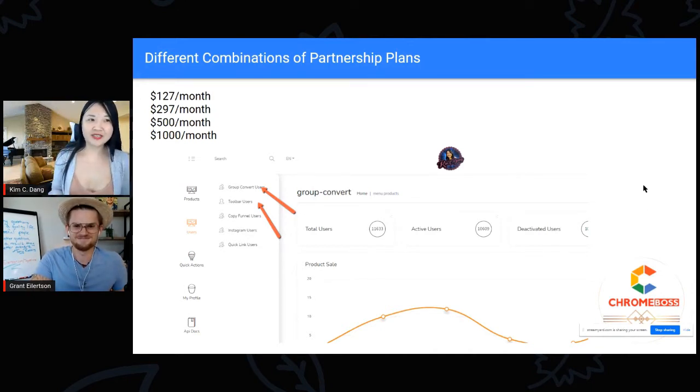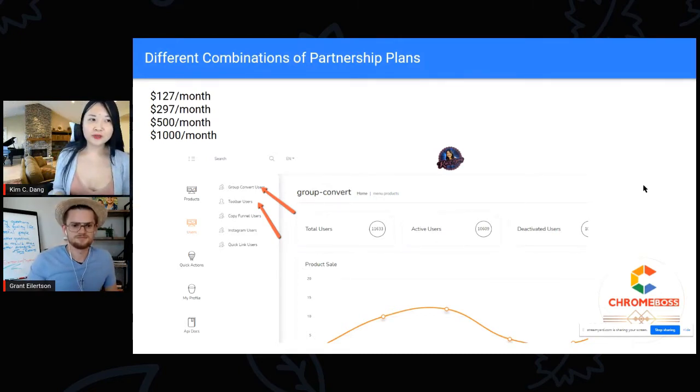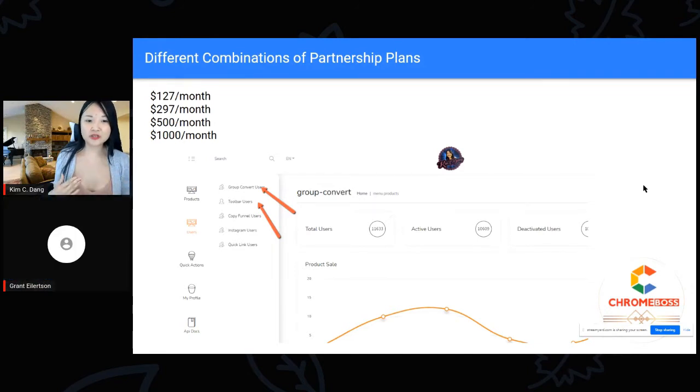The person that ran the event, even though he sold the business, he's still my client to this day. So they're still paying every single month for me being part of the picture. So it's really, really cool because you develop this long-term relationship with these amazing individuals who've built up their own tribe. So yeah. And then another layer to this is that you can provide different combinations of partnership plans.